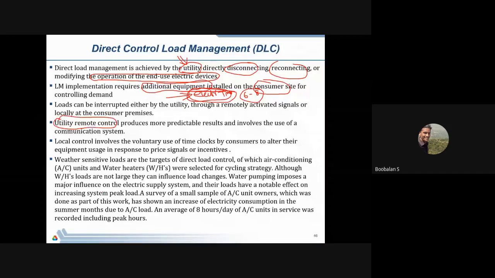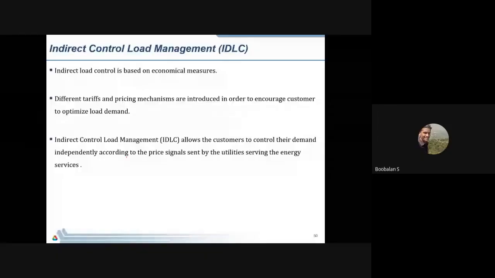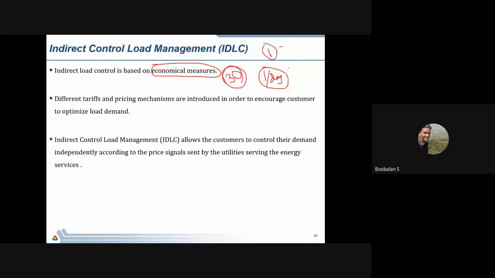In the second case, indirect control mode, we are going to control by an indirect method. It's going to be an economic measure. For example, we have a billing period of about 30 days once. In industry, instead of 30 days once, we'll have a per day electricity consumption bill. The billing cycle will be different, so we'll have different billing, and it will get delivered.